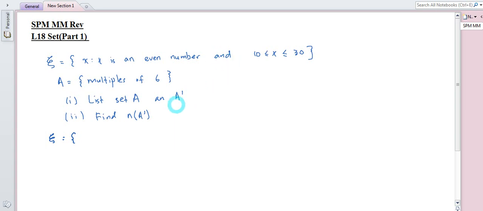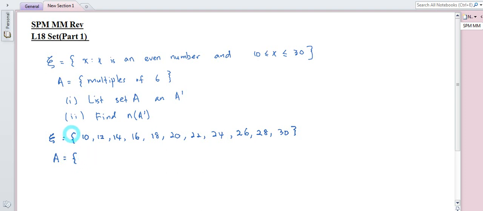So these are even numbers, right? So from 10 to 30: 10, 12,